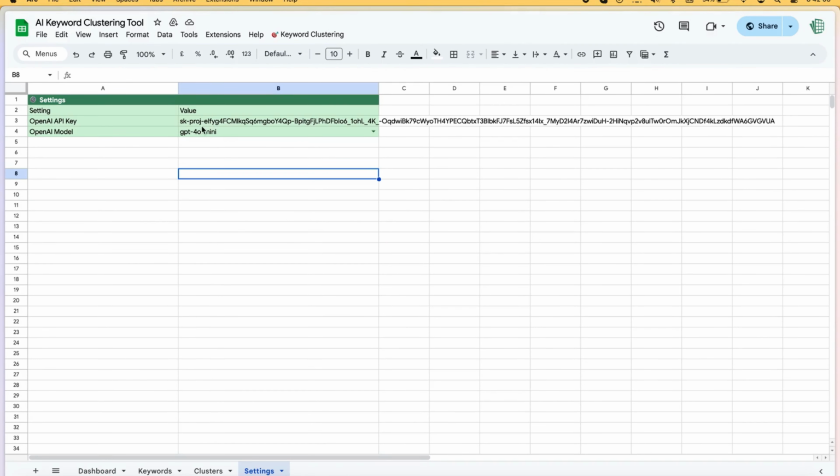Now using AI, this tool will simply cluster them. So we are going to click on start clustering and it is going to run the scripts. Now here on this third subsheet, you will find the cluster name along with the keywords and also along with the combined search volume. So it will take just a few minutes before it would start giving you the combined keywords, the cluster name, and the combined search volume for all of these.